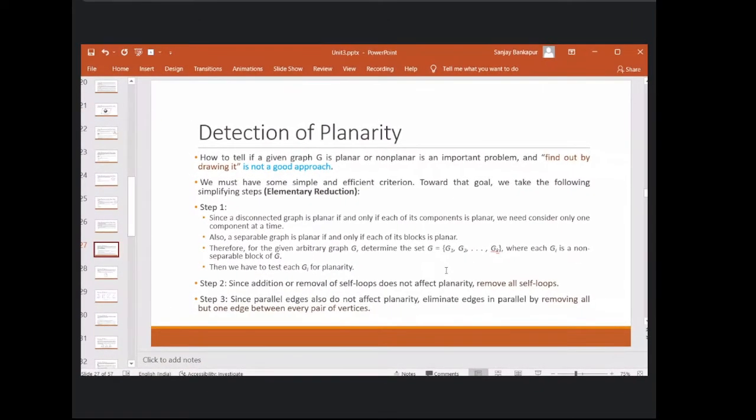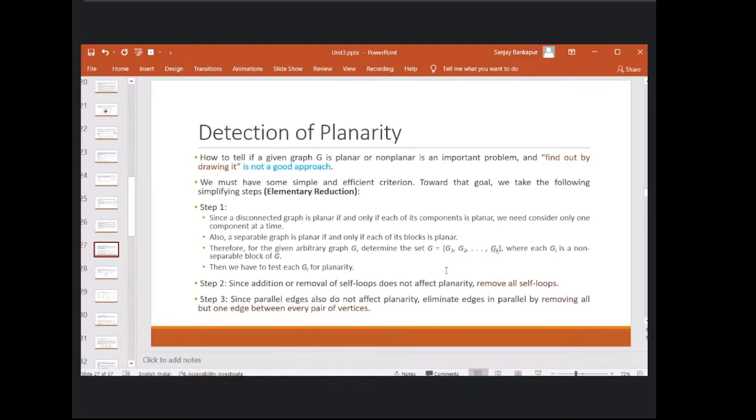Anyone? Just to have a quick refresh. Homeomorphism, correct. After that is also one thing. Are there any other keywords? Definitely drawing it